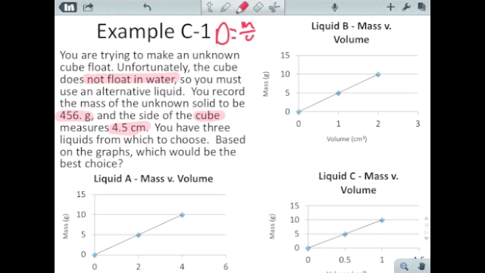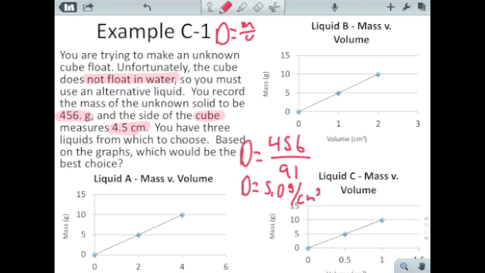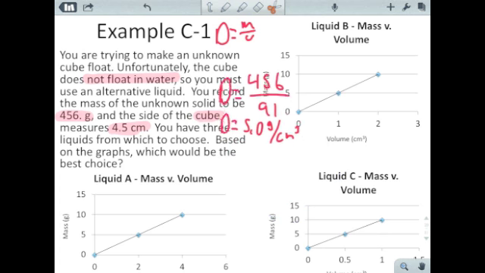So what we'll get for our equation to find the density of the cube, our density is going to equal our mass, which is 456, all divided by our volume of 91. And rounding to 2 sig figs, we're going to get a density right around 5.0 grams per centimeter cubed. Now, this is going to be important to us because when we look at the different graphs,